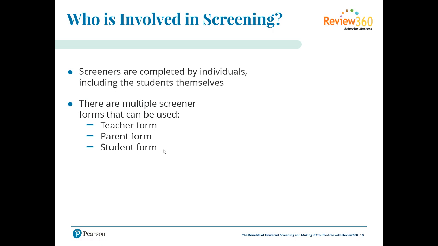You can have teachers screen only. You can have parents screen as well. You can have, again, the students screen themselves. And so you can have a mix and match, if you want teachers and students, or if you want to do all three. I would say return rates can be, well, teachers will be very high